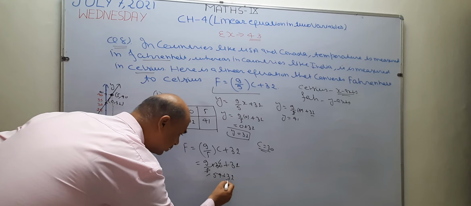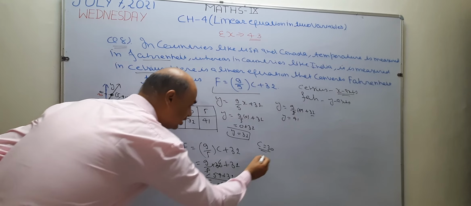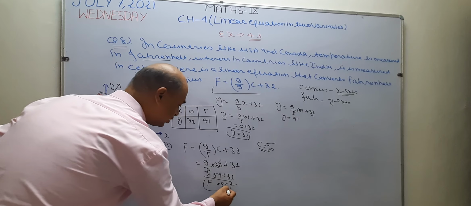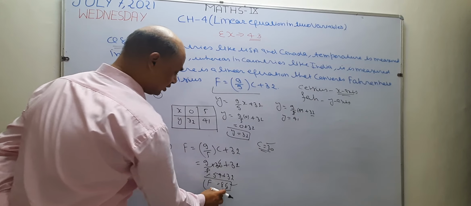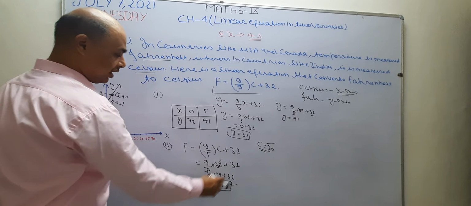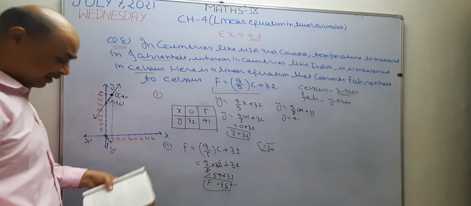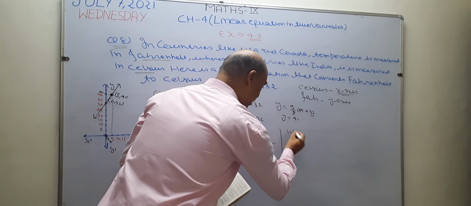This becomes 86. When in Celsius it is 30 degree, in Fahrenheit it is known as 86 degree. Okay? 30 degree is also equal to 86 degree Fahrenheit. When C is 30, then F becomes 86. This is the second part. In the third part, it is given, in the third part, if F is